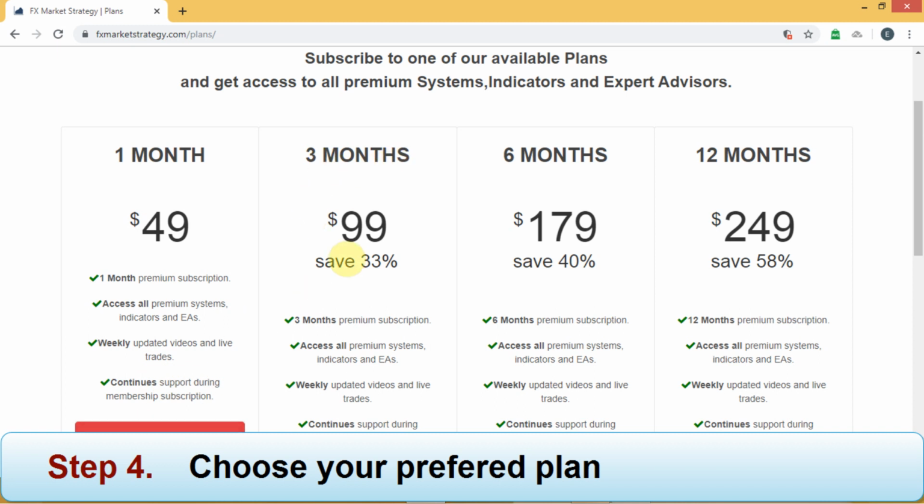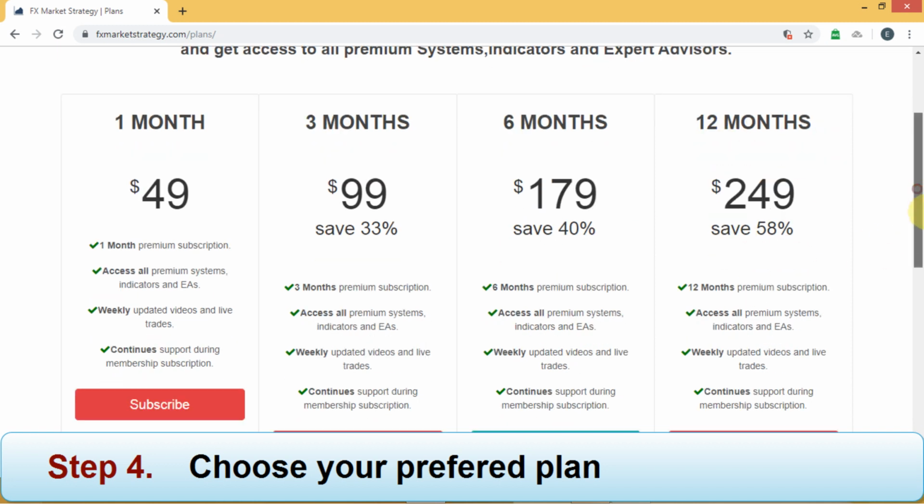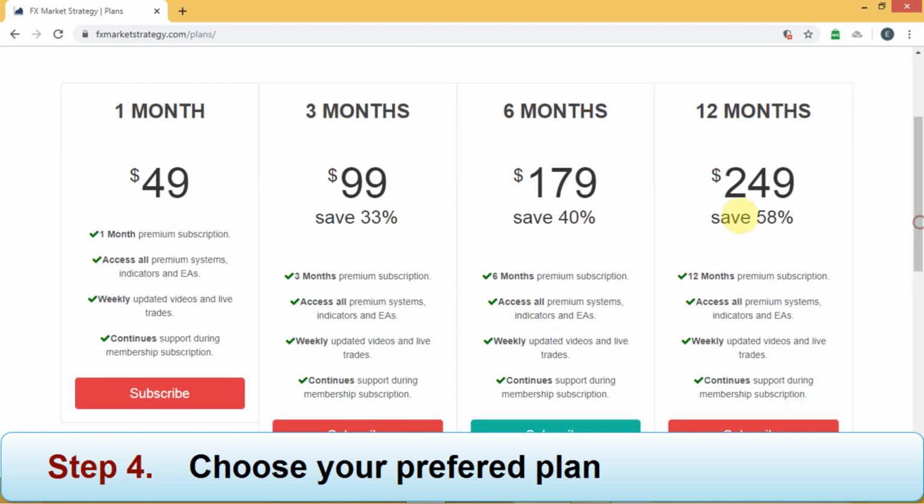Then you have the 3 months. You get 33% discount. 6 months, you get 40% discount. You have the 12 months, you get 58% discount, and that's a really good value package. What comes with this package is you get access to all the premium systems. So you're gonna get access to all the trading systems and the custom indicators and expert advisors and all the